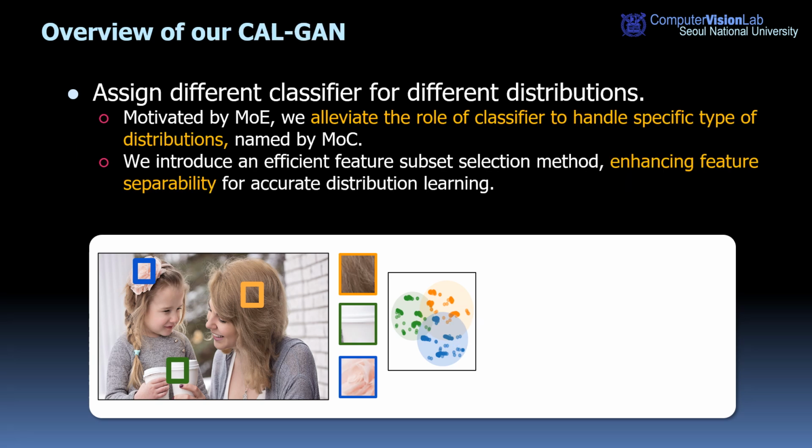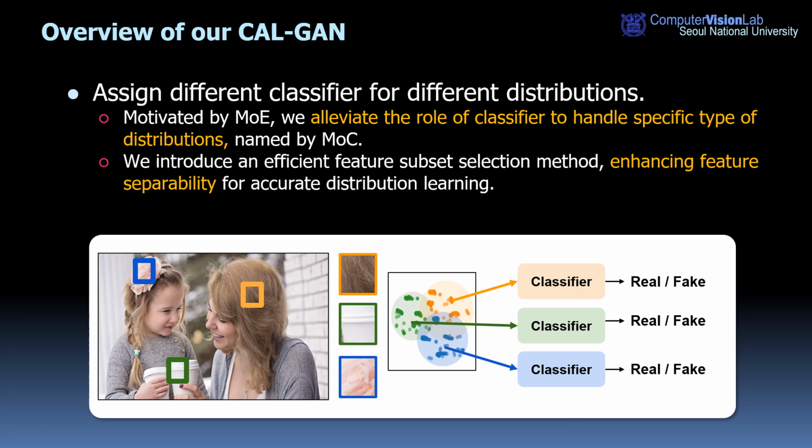On this basis, we introduce CalGAN, or Content-Aware Local GAN, as an innovative adversarial training framework aimed at handling the intricate distribution of natural images based on their content. Instead of relying on a single classifier to comprehend the complexity of the natural image manifold, we divide them into smaller subsets according to content. Our approach, a mixture of classifiers (MOC), effectively manages smaller manifolds compared to previous methods, where features in each group share common properties.